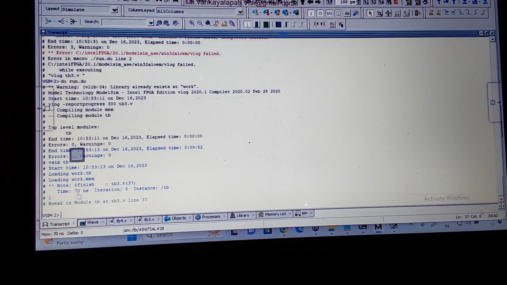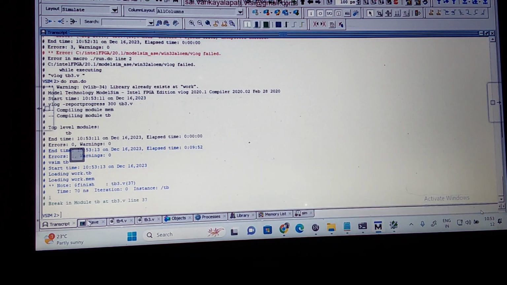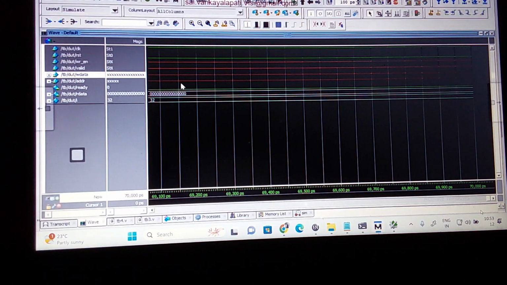So what is the simulation time it is taking? How is it 70? Because the simulation time: in-time I am giving is 50, after reset I am giving is 20. My backdoor executes at what time? 0 simulation time. But this simulation time I am getting because I mentioned this in the test. Now whatever we get from this, we are doing the memory access through the core, so I won't get the waveform for backdoor write and backdoor read.